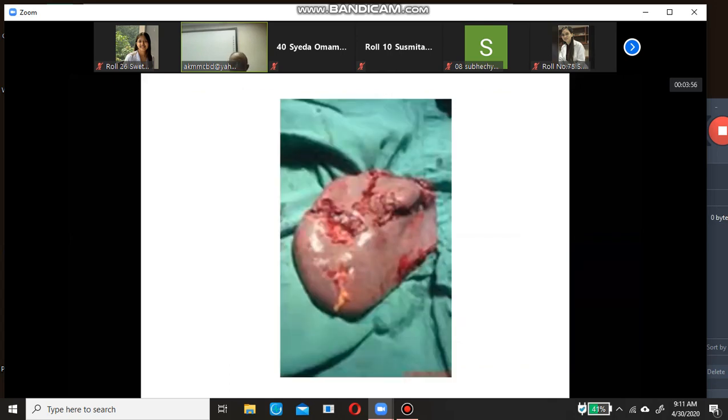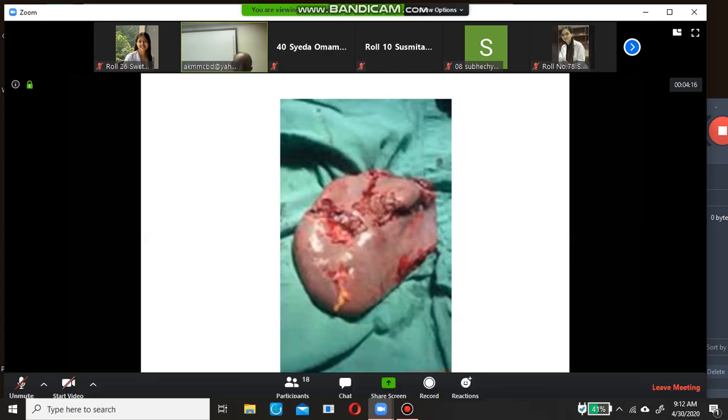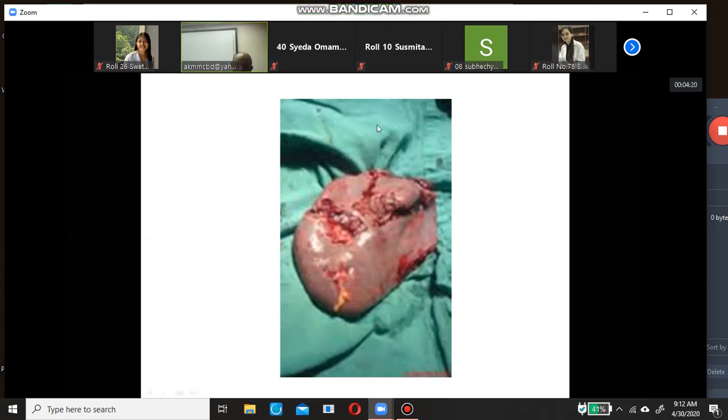Then look at this specimen. What is this? This is also spleen. You see the color and the shape of the organ.